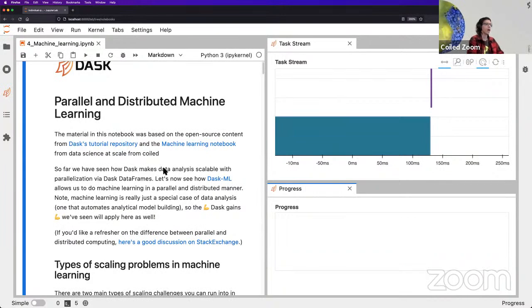So, parallel and distributed machine learning. This material has been based on the main Dask tutorial, which is very great. And actually, I would encourage you to follow up on that. There's an extended version of this. We don't want to reinvent the wheel, so we are reusing some of that material. Now, so far, we've seen how Dask makes data analysis, using Dask DataFrames and Dask Delayed,